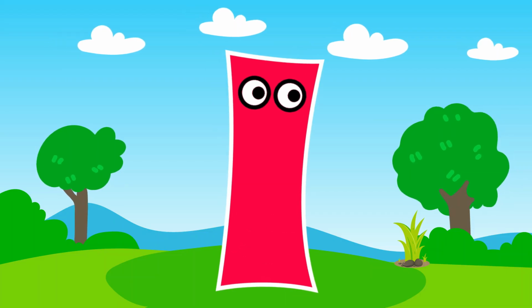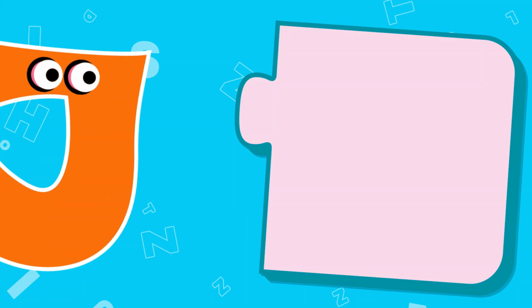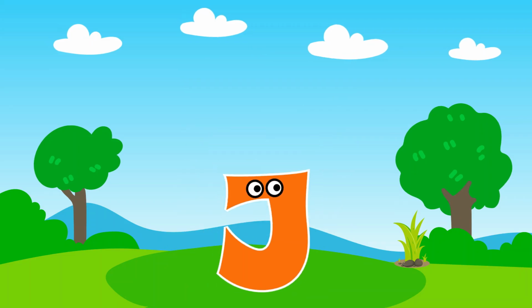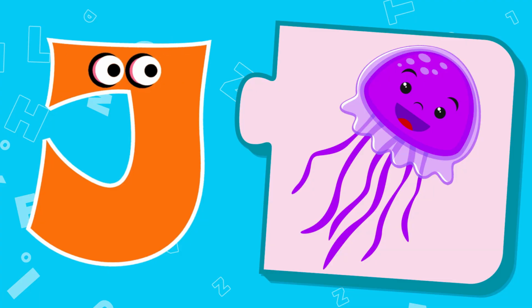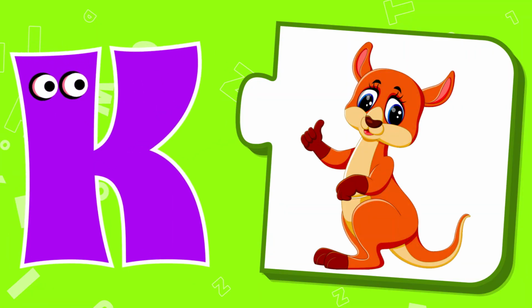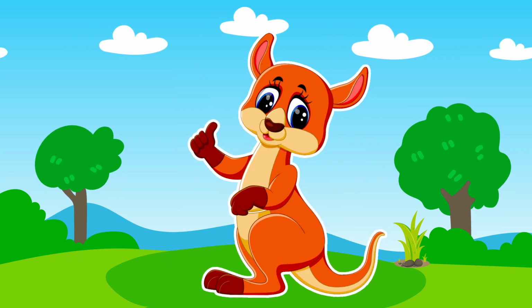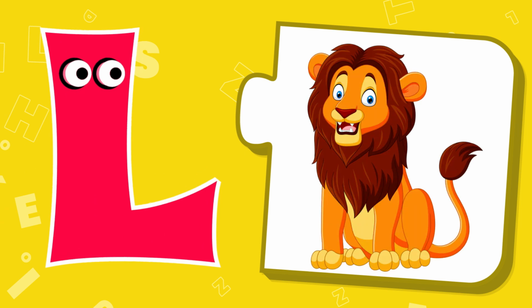iguana, iguana. I, iguana. J is for jellyfish, jellyfish, jellyfish. K is for kangaroo, kangaroo. K, kangaroo. L is for lion,